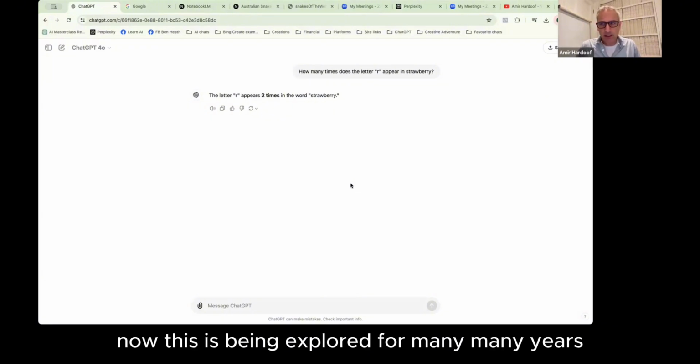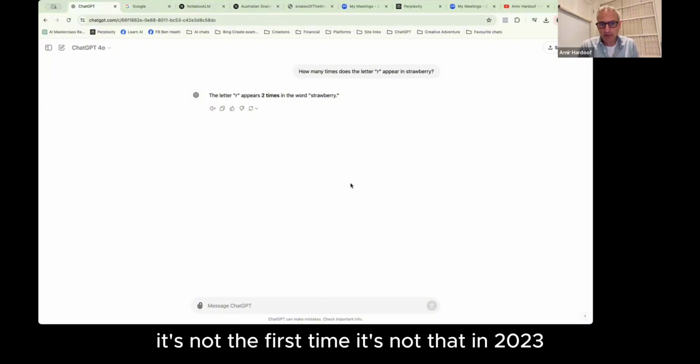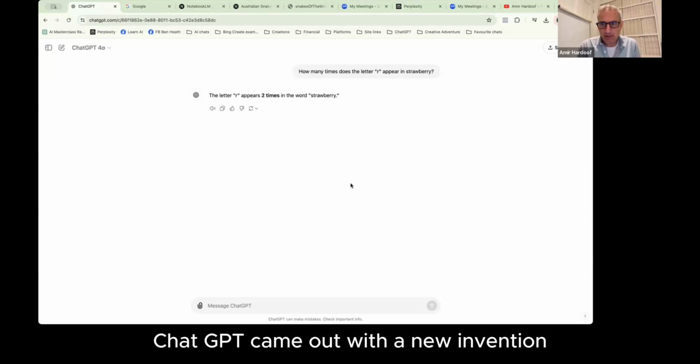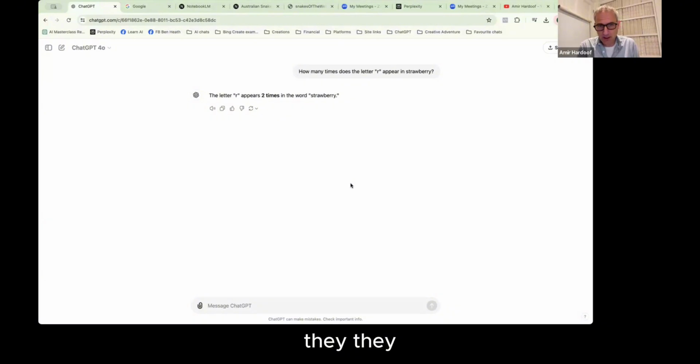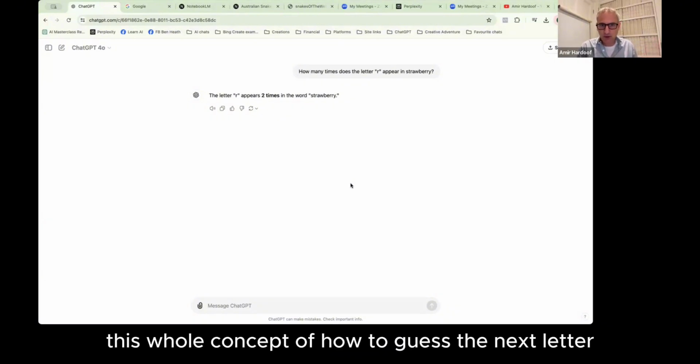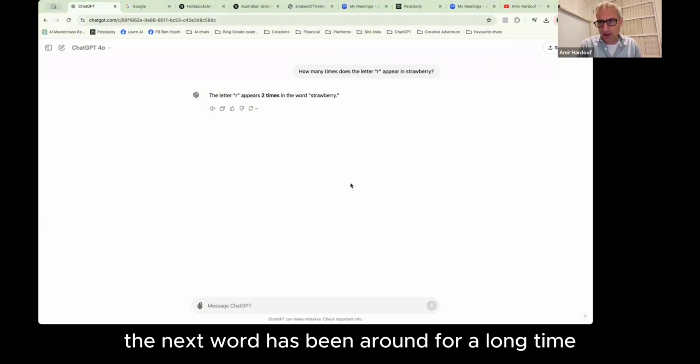Now, this has been explored for many, many years. It's not the first time. It's not that in 2023, ChatGPT came out with a new invention. This whole concept of how to guess the next letter, the next word, has been around for a long time.